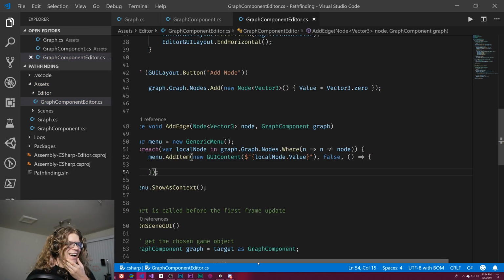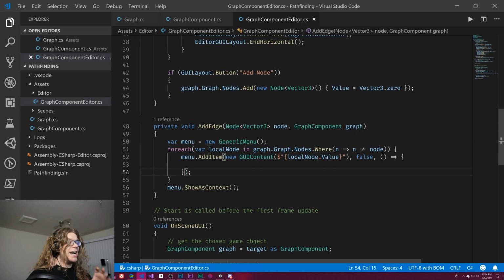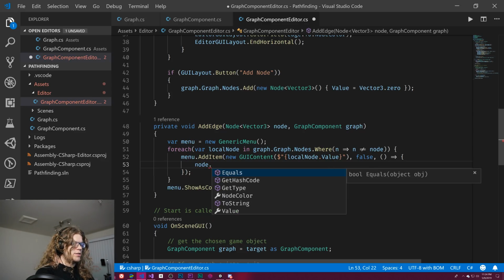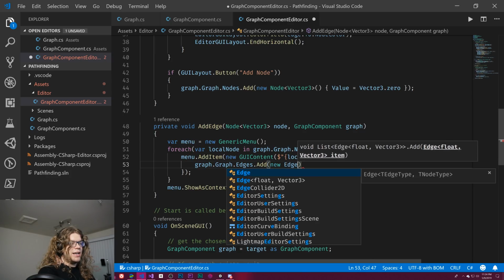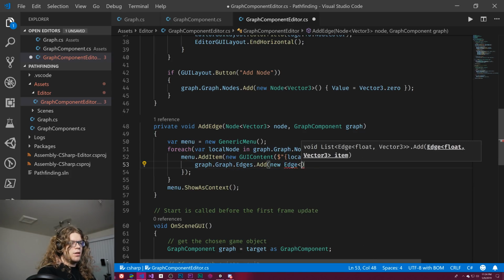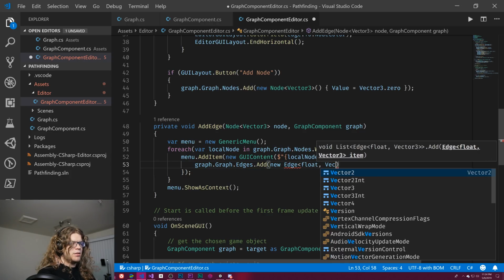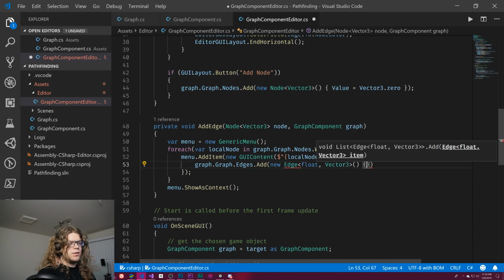Great commentary. We want to create a Lambda function that is going to actually create the edge. So we have the node that we're going to, that's going to be the local node. And so what we want to do is create an edge between those two. So what that should look like is graph.edges.add a new edge of type float vector 3 with a value equal to